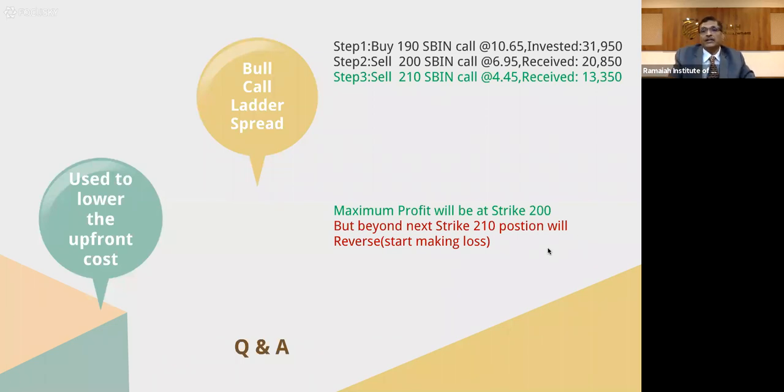Now this actually comes in as a credit, but typically this is used in a scenario where my view is, yes, it is at 190, I expect SBIN to rise. I'm very certain that it will rise till 200. Possibly it could reach till 209, 210. So that's my view on this. And if you execute, you could also possibly do this in combination.